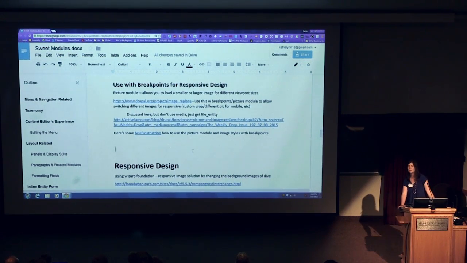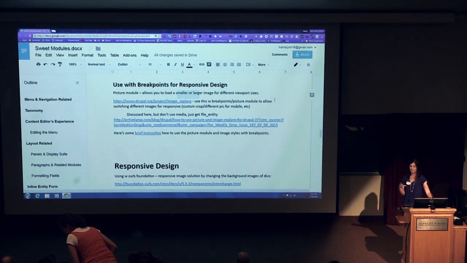Okay, the picture module is a little bit complicated, but I would encourage you to use it if responsive images is a priority on your site. The picture module allows you to load a larger or smaller image based on the breakpoint. So you use the breakpoints module and you define breakpoints in your site, so probably tablet sizes and various things like that. And then you tell it, okay, for this image,